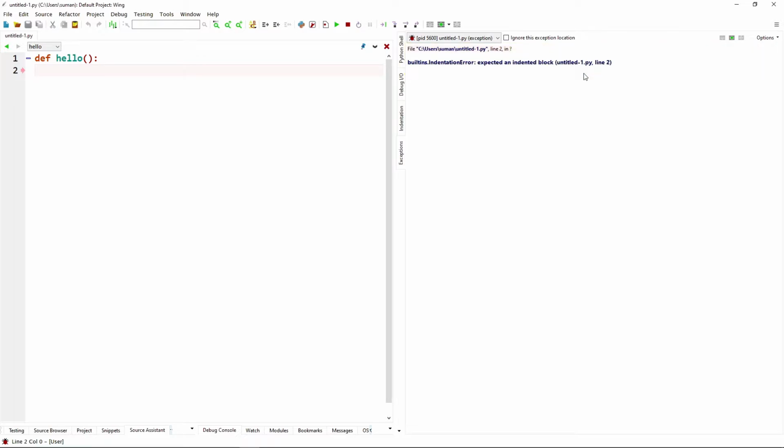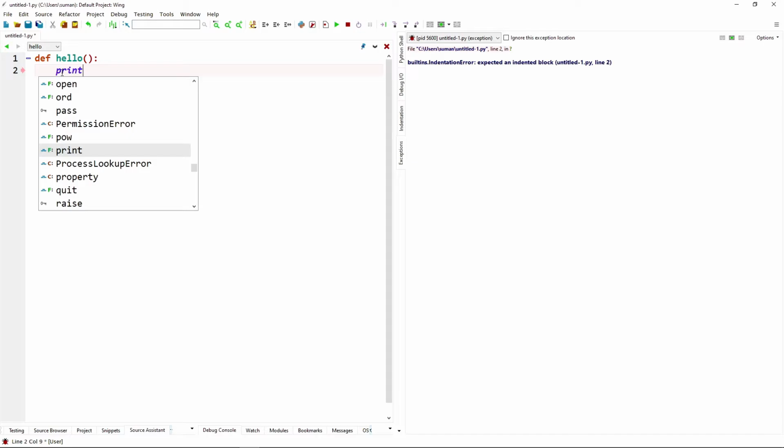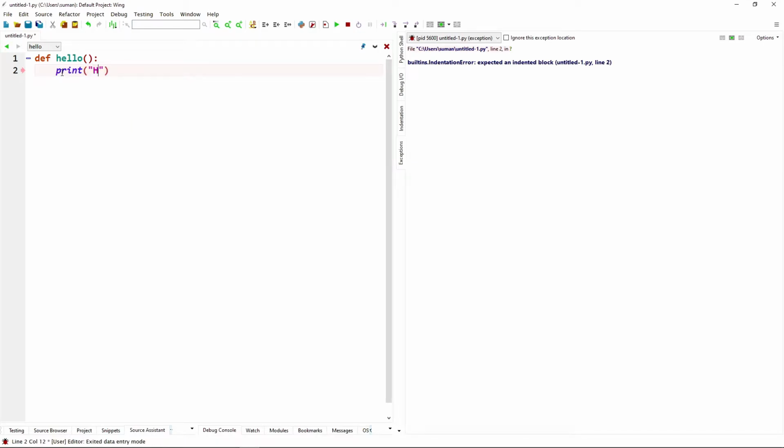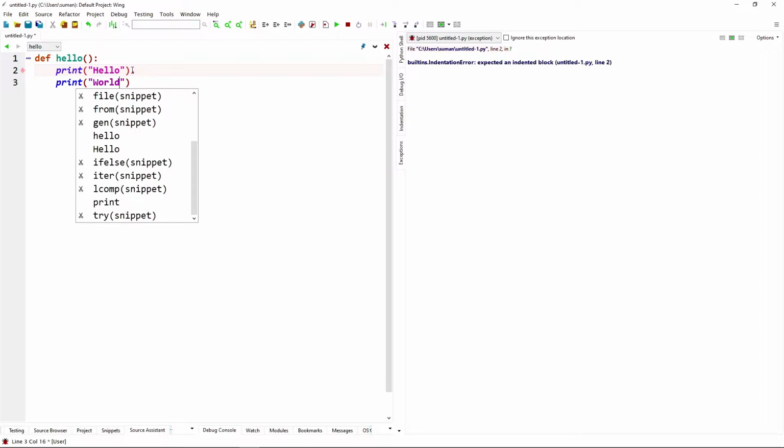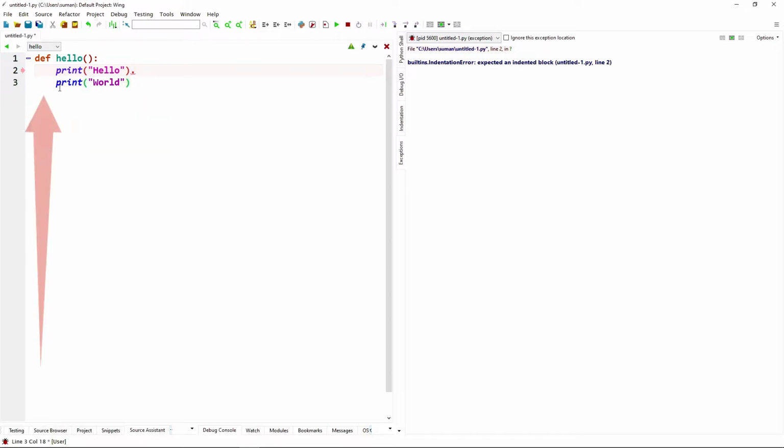So we add a print statement to the body: print hello, another print statement, world. Remember, we have to use indentation to specify the body of the function.